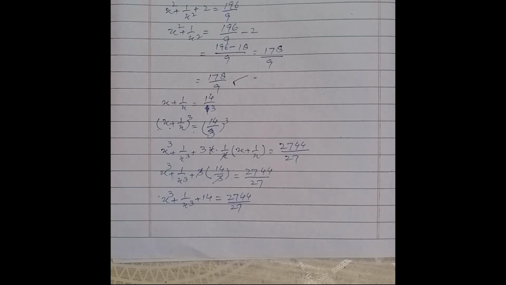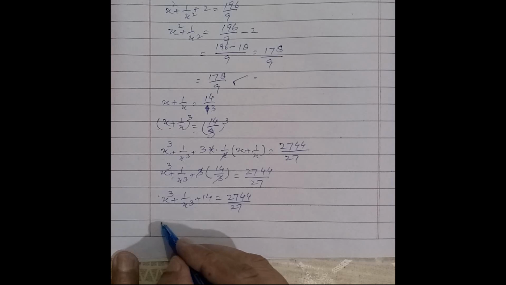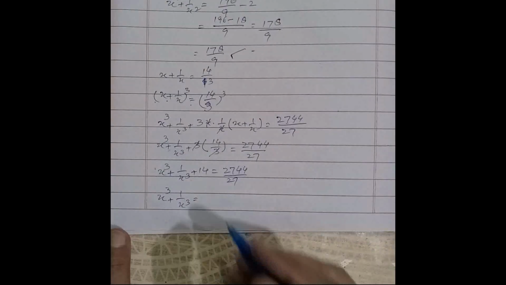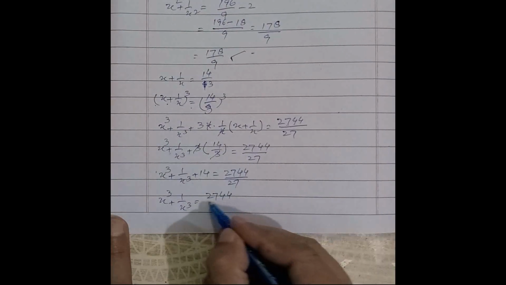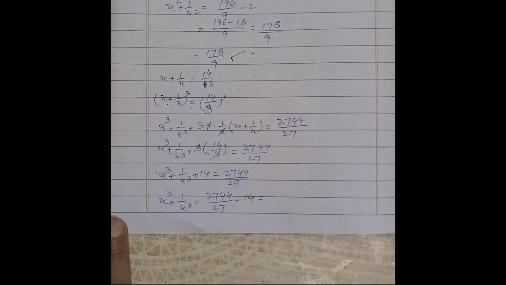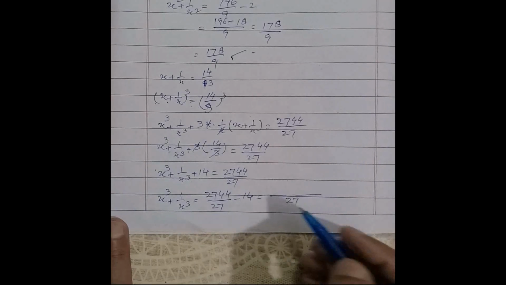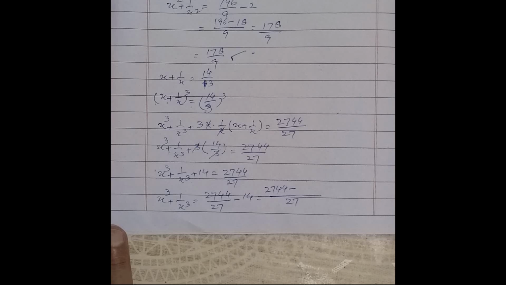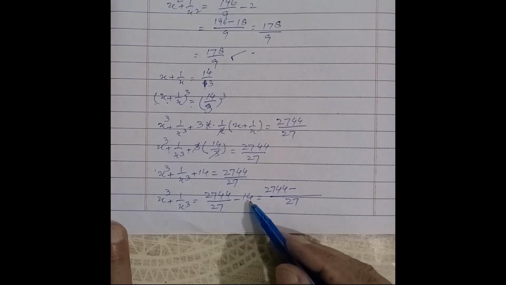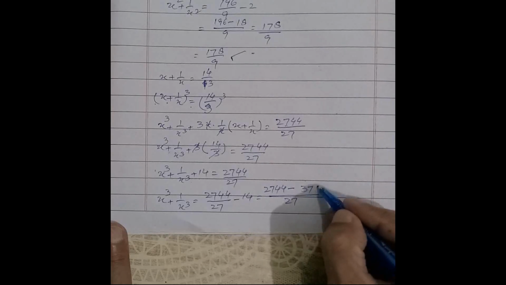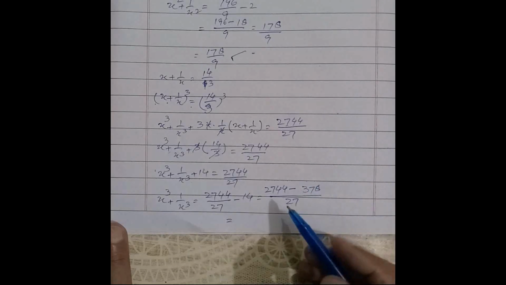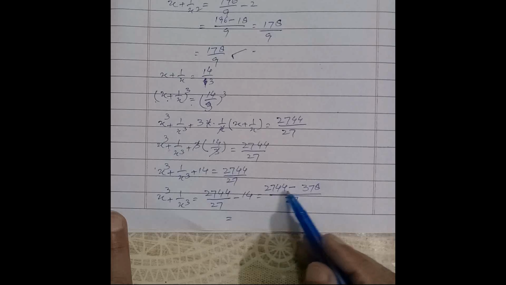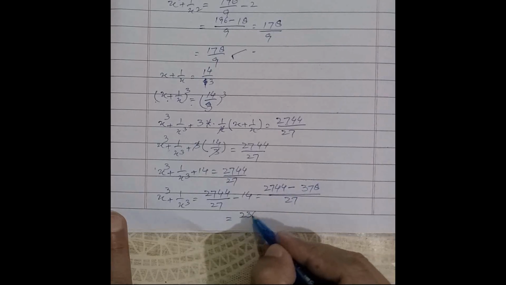And now we find the value of x cube plus 1 over x cube is equal to 2744 over 27 minus 14. Now we simplify it. Take LCM, the 27, 2744 minus, multiply 27 with 14, we have 378. And the answer is, when we subtract 378 from 2744, we get 2366 over